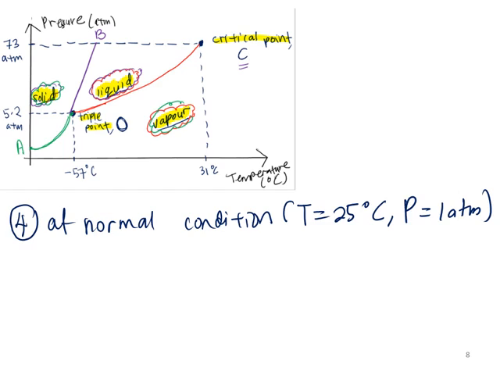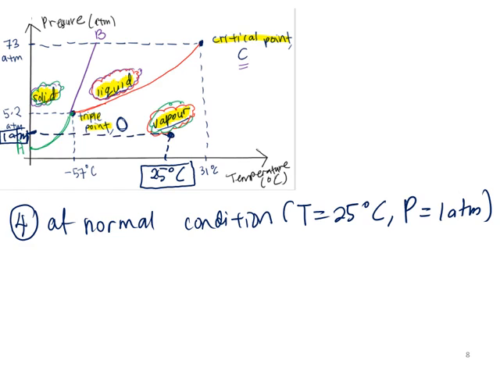Okay, cuba cari di mana 1 atm kita. Katakanlah point ni adalah point 1 atm. Di sini adalah 1 atm kita. Let's say lah this point is 1 atm. And then point 25 degree Celsius di mana? Katakanlah di sini dia masih dekat dengan 31 degree Celsius kan? So this one is a 25 degree Celsius. Okay, based on the normal condition 25 degree Celsius and 1 atm, kita extrapolate these 2 points. Saya extrapolatekan dua-dua titik ni. So